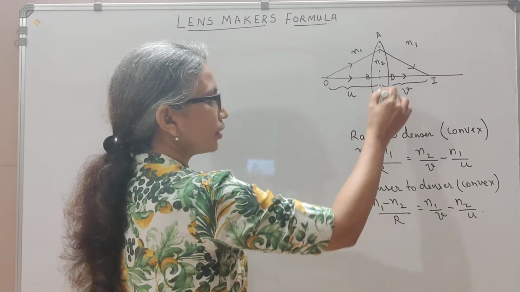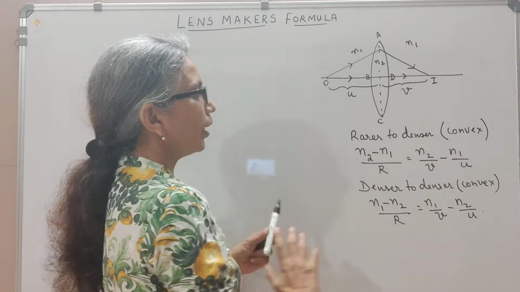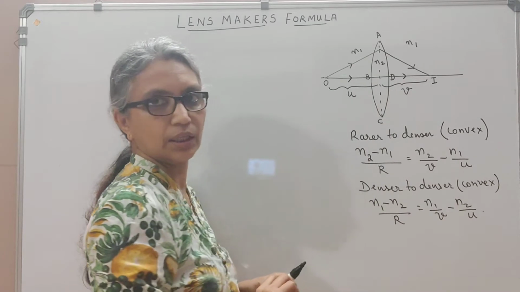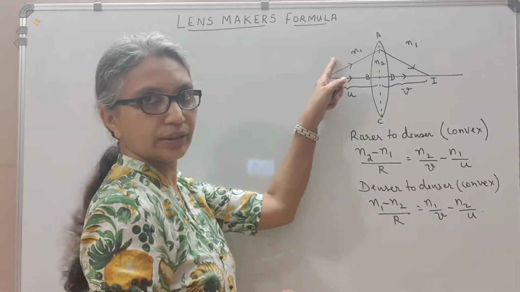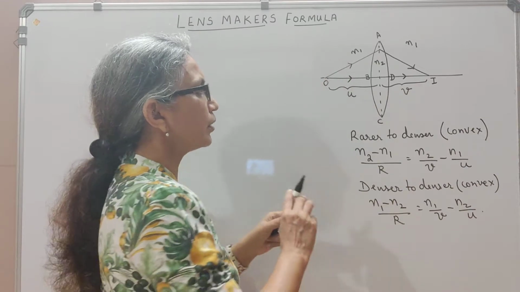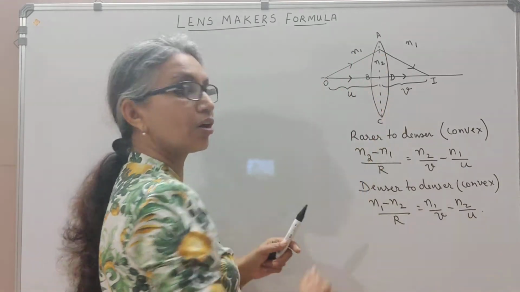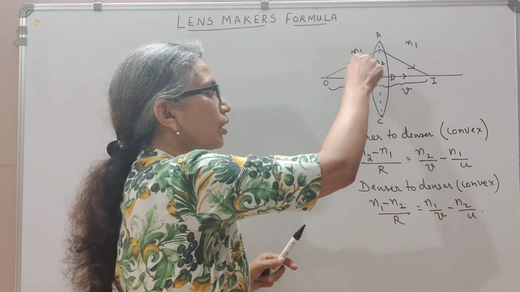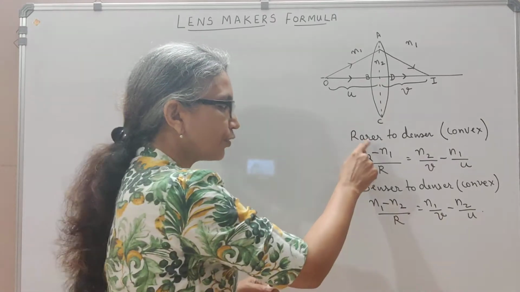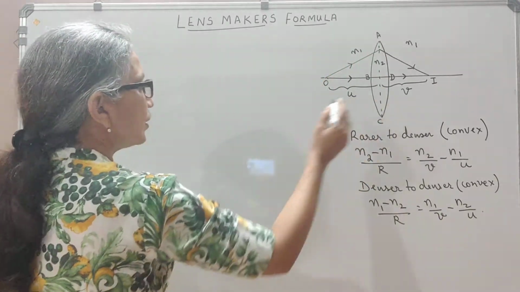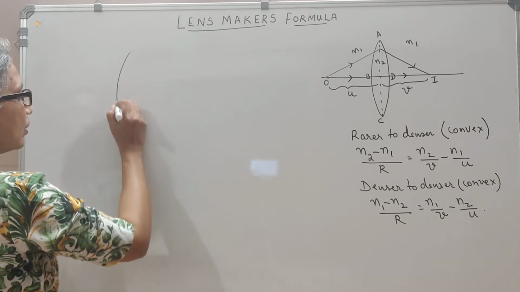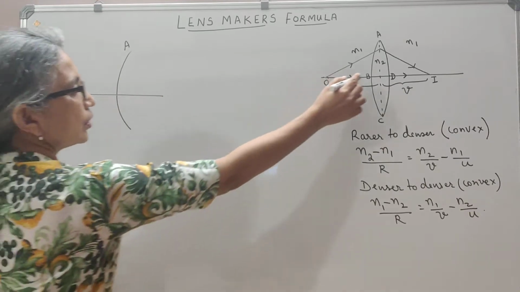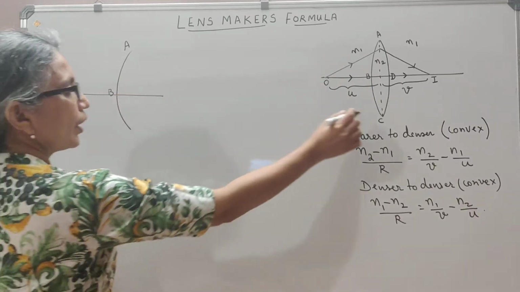Now if you cut it into two parts, I'm going to take the refraction occurring at the first surface. The first surface is ABC. This is the rarer side, right? When you look from the rarer end, this surface is actually a convex surface because it's bulging out, and the ray of light is passing from rarer to denser medium, which is our first case here. So I'm going to split the lens into two. We'll have a surface here where this is A, this is B, and we have C here.